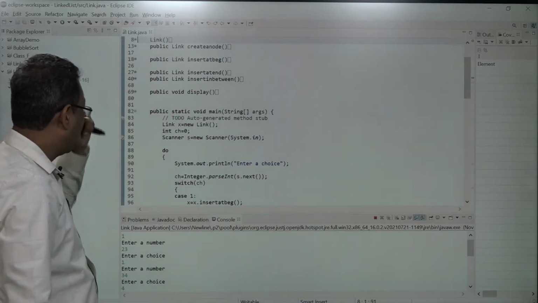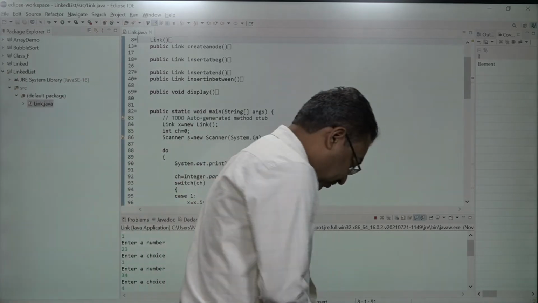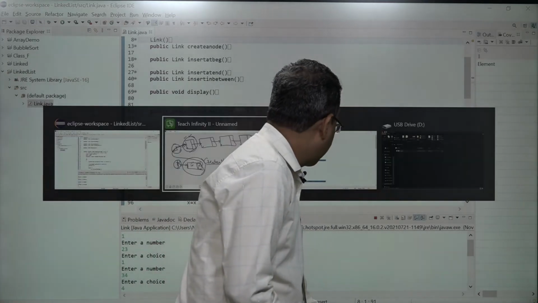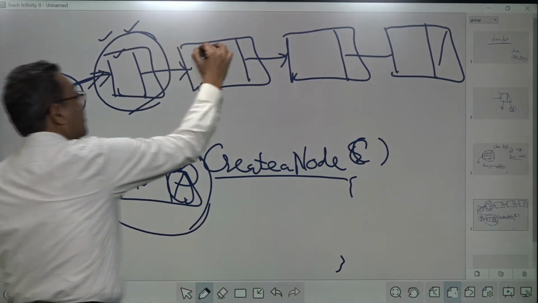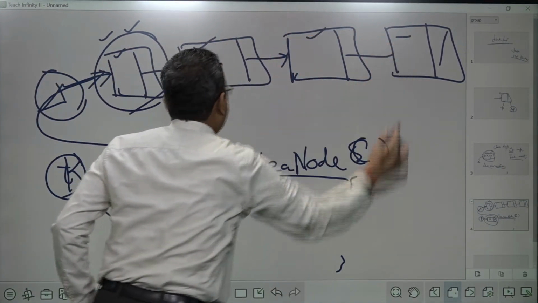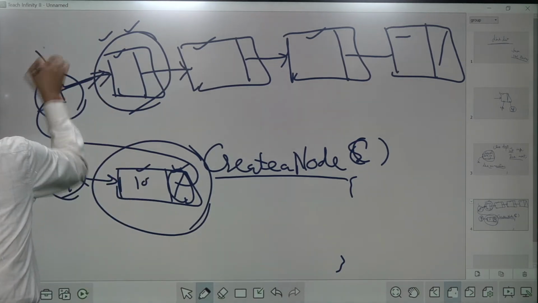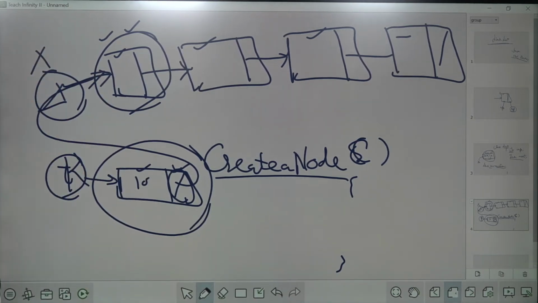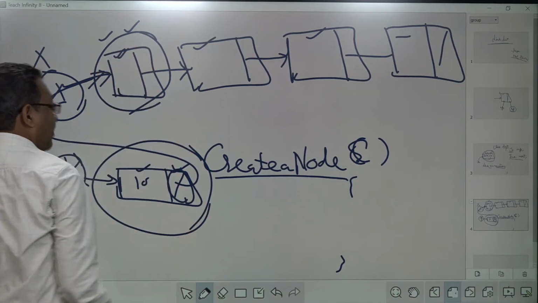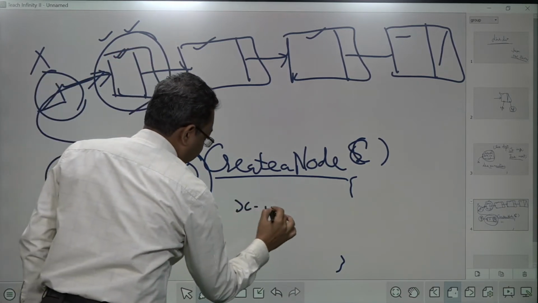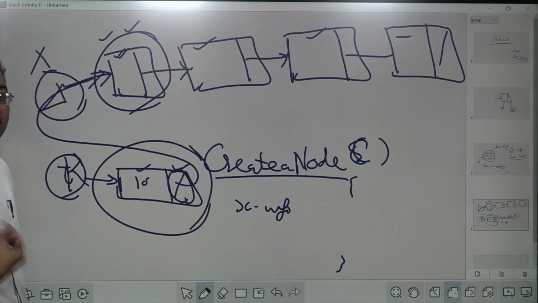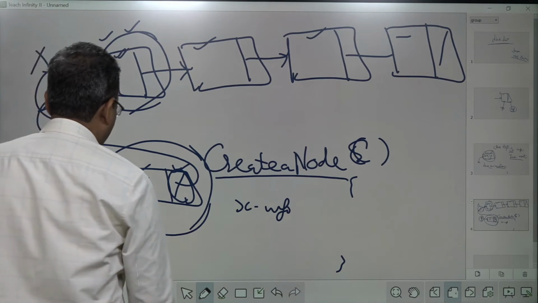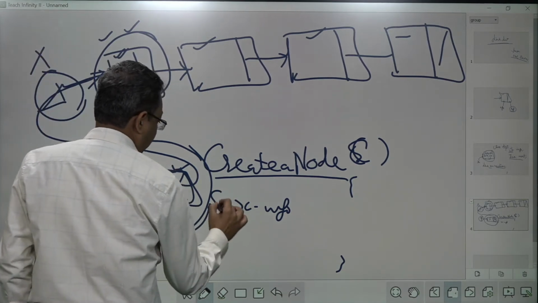Now let's go for the display function. What do you expect? What do you feel that display must have? What I want is to display this information. So this is X. How can I display this information? I want to reach here. So what is the way? X dot info, right? Info is a variable. So X dot info. I can go for simple System dot out dot println,